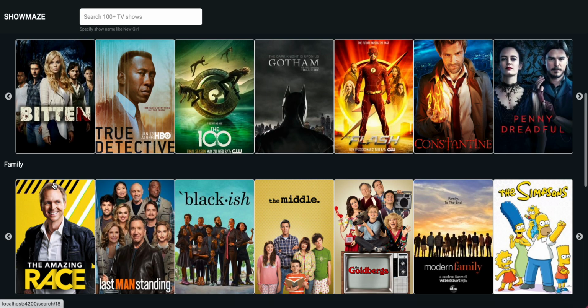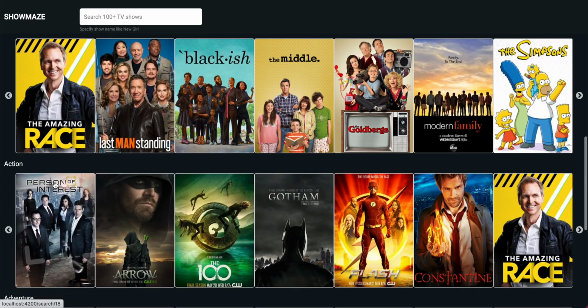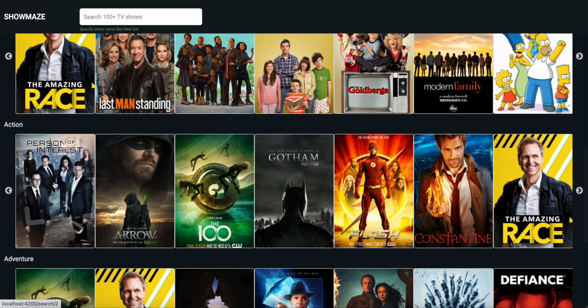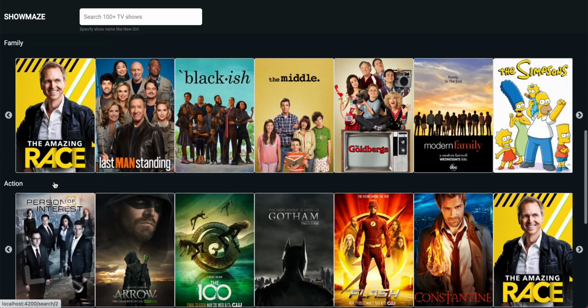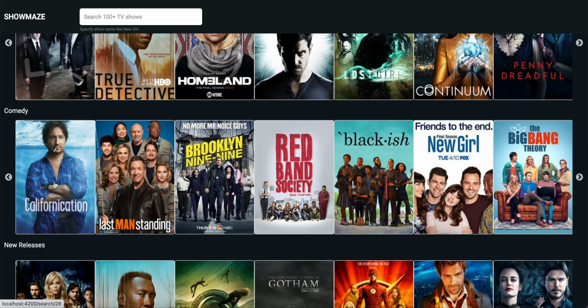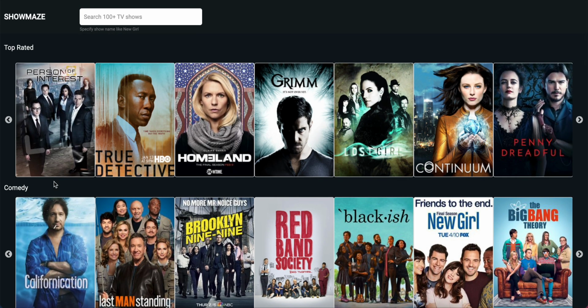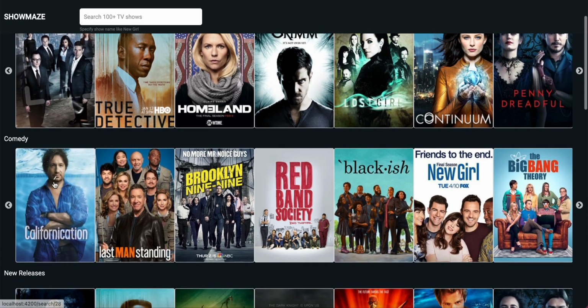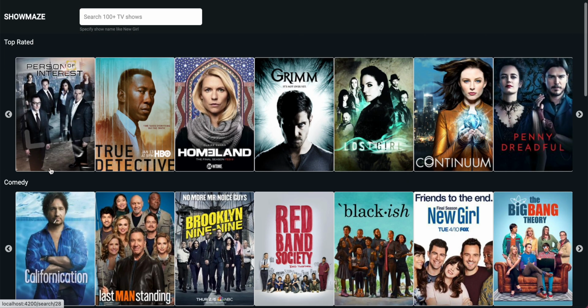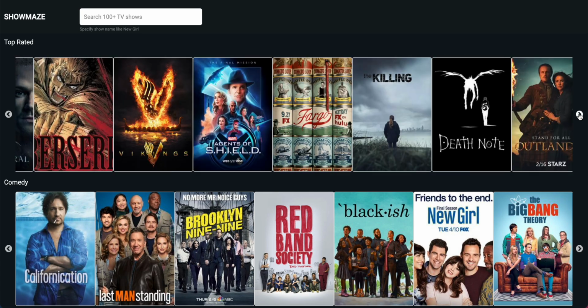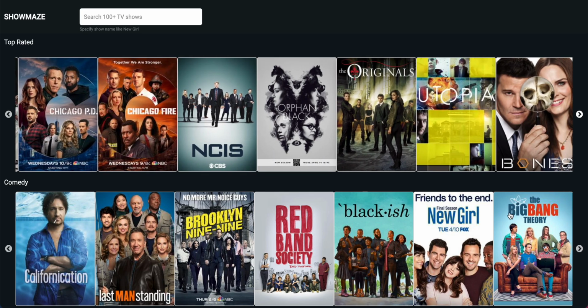And the genre information is already available in the API, so I have used that information. So the shows are classified based on genres like action, adventure, romance, family, and comedy. All the information is obtained from the API as an array, and to loop through the array I have used ngFor, and for the condition checks I have used ngIf. The images are shown like a card by using the Bootstrap card, and to rotate through the images I have used Slick Carousel.